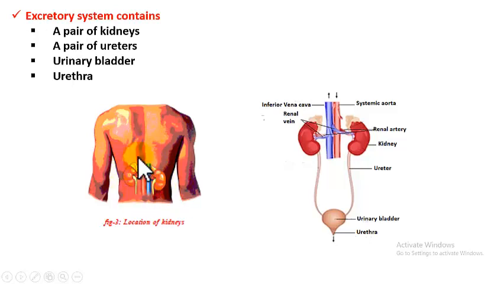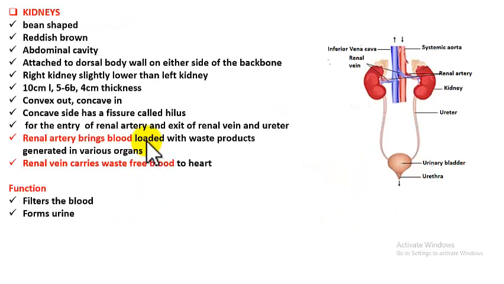Now there is asymmetry in the location and also size of the kidneys. If you see here, both the kidneys are not at the same level. The right kidney is a little lower when compared to the left kidney. Right? So this is the right kidney, this is left. Right is a little lower. This is because the liver of the digestive system is placed just above the right kidney. Right kidney ki paina liver untundi, adi koncham right kidney ni push cheyadam valla right kidney koncham kindiki untundi. And this is positional asymmetry. And if you see the size also, the right kidney is smaller in size when compared to the left kidney. Understood? So there is asymmetry in size and location.